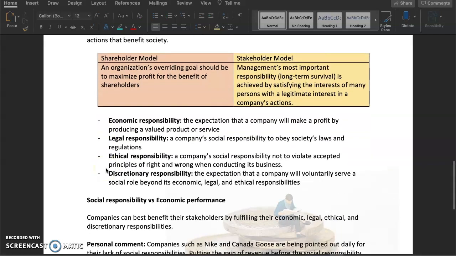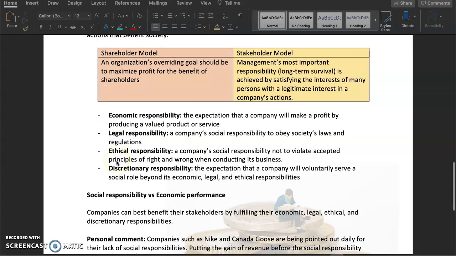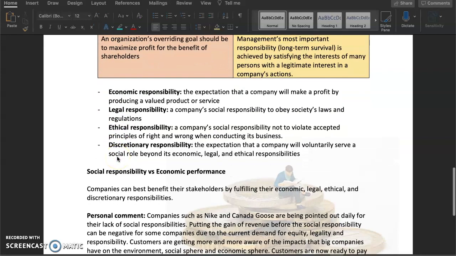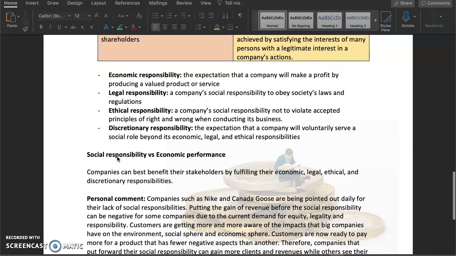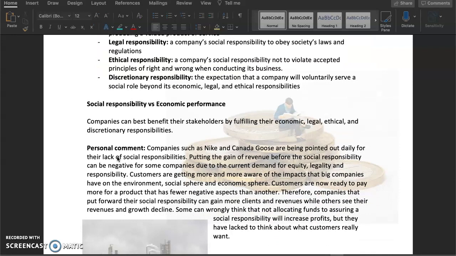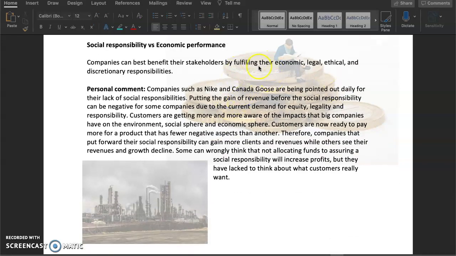So you can link that with the following: economic responsibility, legal responsibility, ethical responsibility, and discretionary responsibility. So taking all of that in mind, you can wonder, well, if you're responsible in all those ways, that is going to cost a lot of money and have an economic impact on your company and even on the environment. So this is why here I've put the money image and the image of a factory that is not really